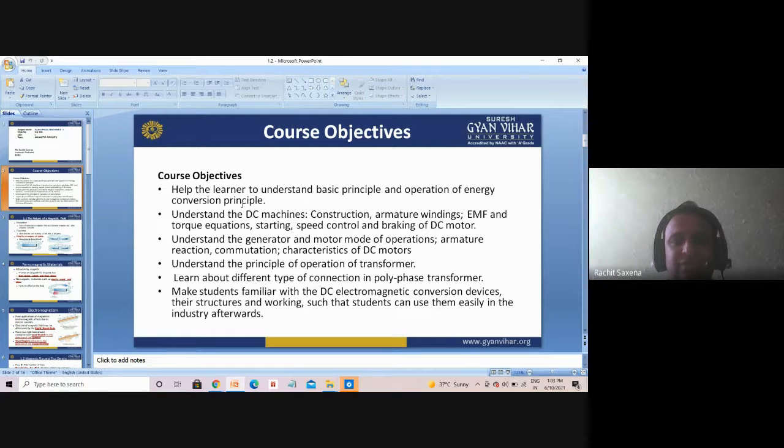Okay, but if we're talking about the motor or generator, that is DC motor and DC generator. So DC motor and DC generator work on DC only, meaning DC supply. So the DC generator gives you output in DC, and the DC motor takes input in DC. We can say the motor output will become the generator input, and the generator output will become the motor input. Okay, so this is the course.